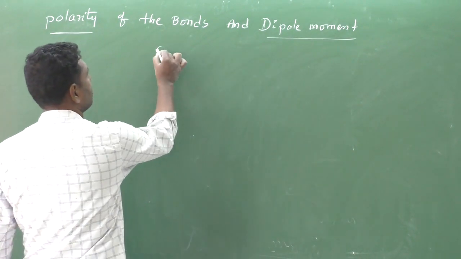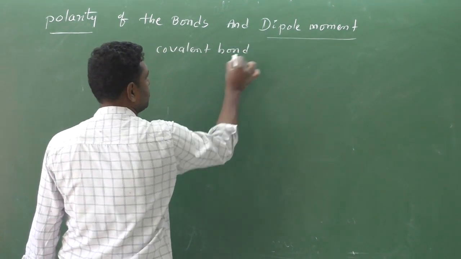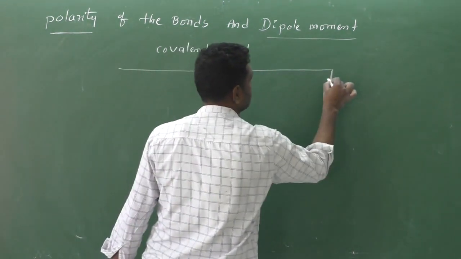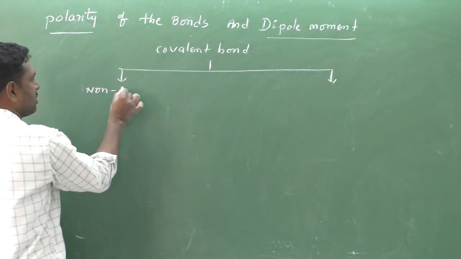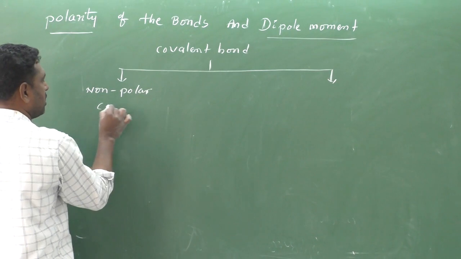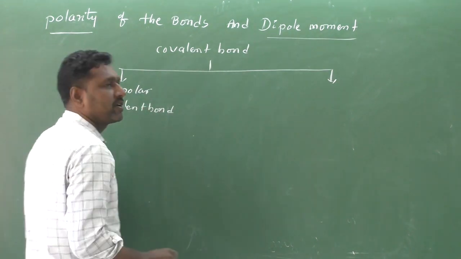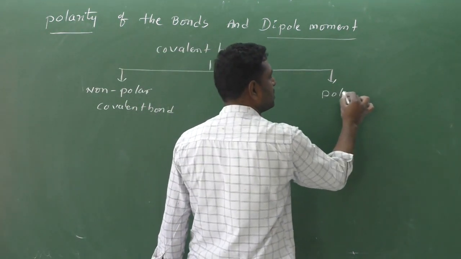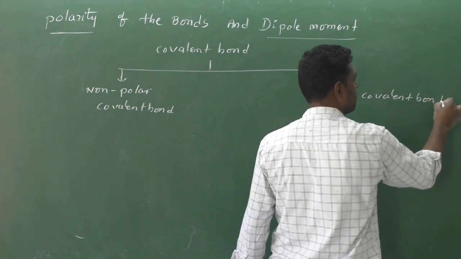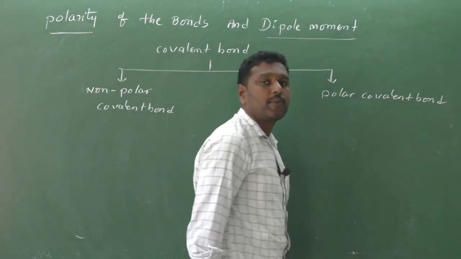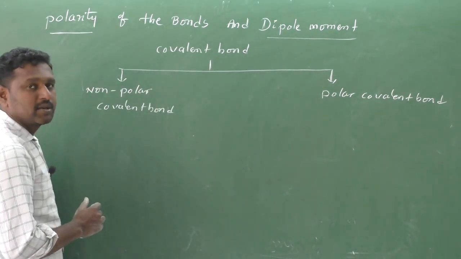Covalent bond is of two types. The first one is non-polar covalent bond, and the second one is polar covalent bond. Non-polar covalent bond means the covalent bond exists